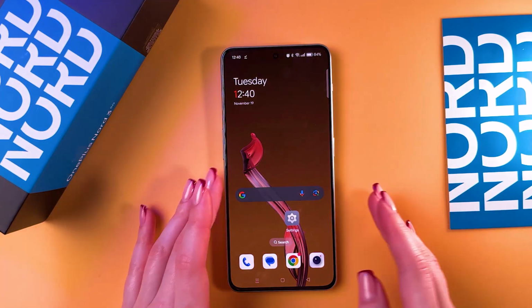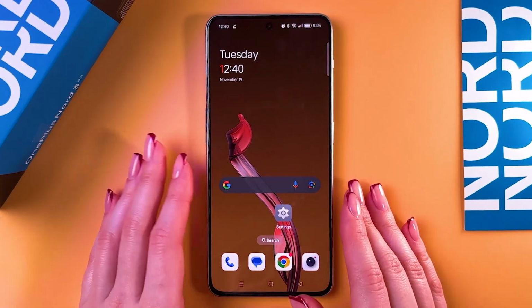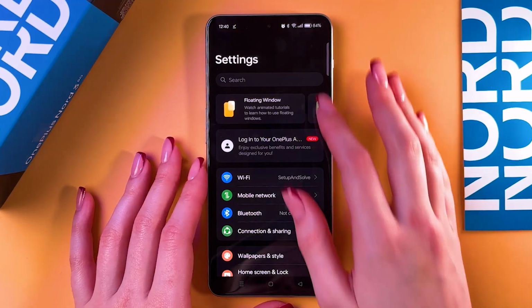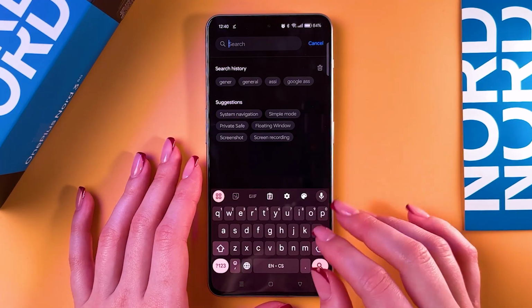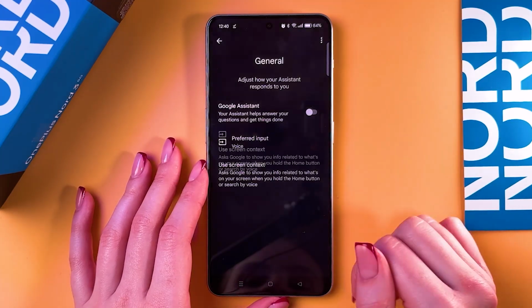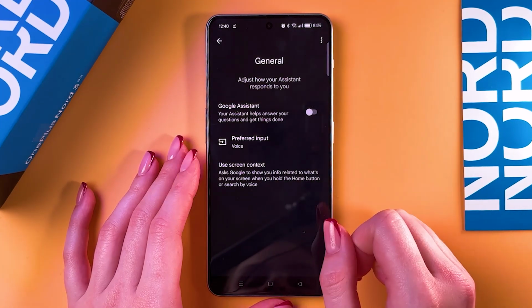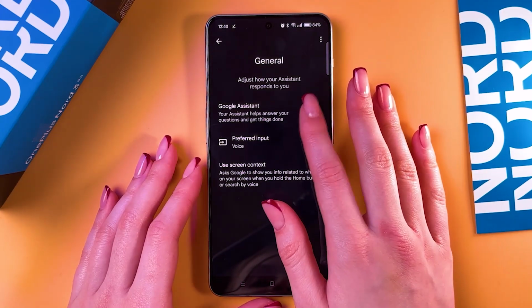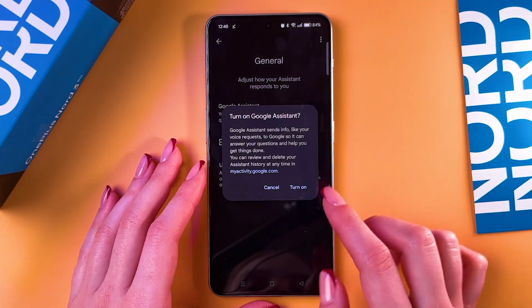Hi, to activate Google Assistant on your OnePlus Nord 3, firstly we need to open settings, and now let's use this search bar to type in the word general. And now we can see the Google Assistant. So to enable it, we will need to simply tap on the switcher and confirm that we want to turn